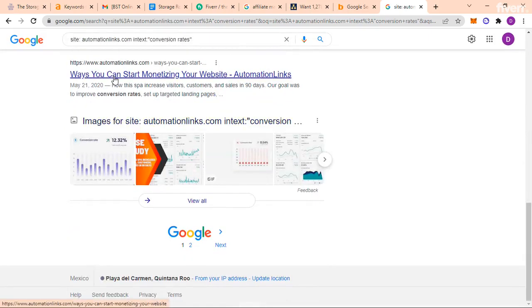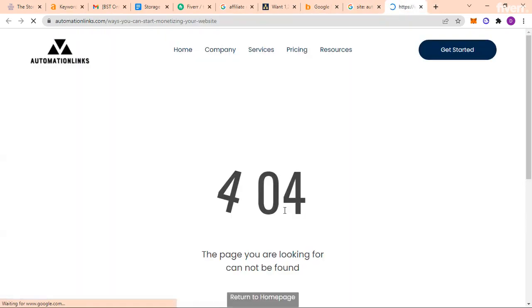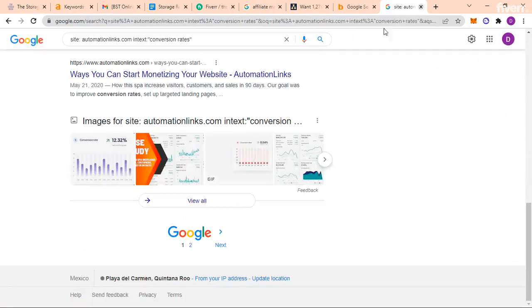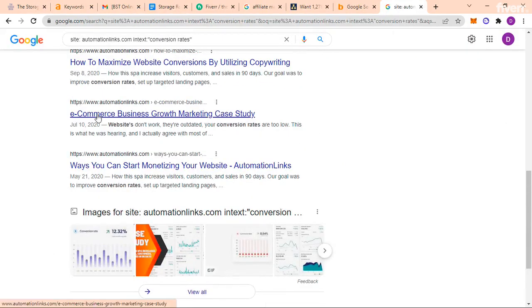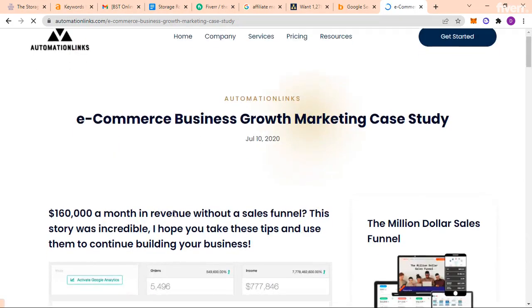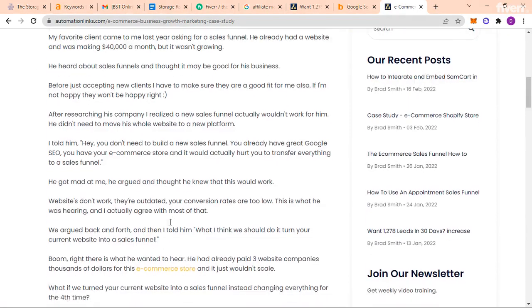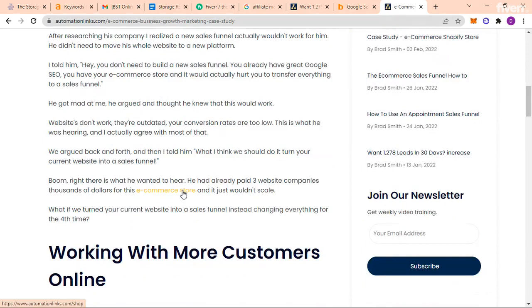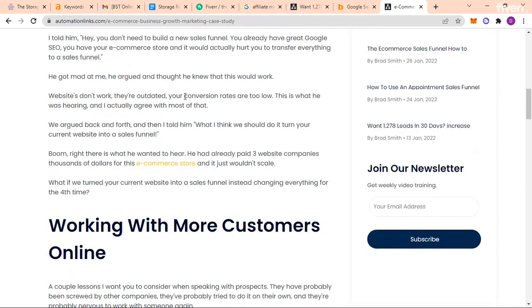So let's click on here. 404. So, okay. It's no good. So pages are in the index that are dead now. It's not being redirected, is it? E-commerce store. I wonder if that's the best use of that phrase longer term. But yeah, conversion rates. No internal link to a conversion rate page, so you're going to start to miss these